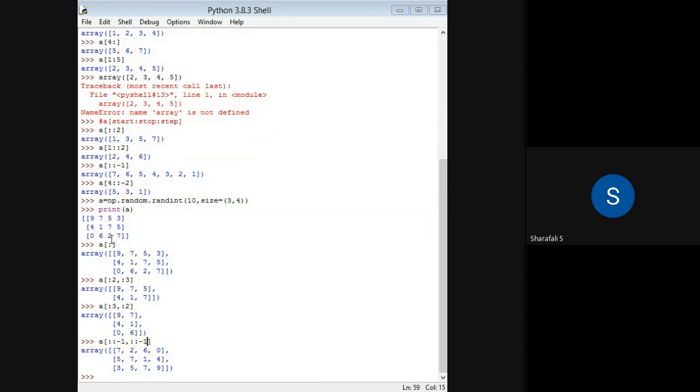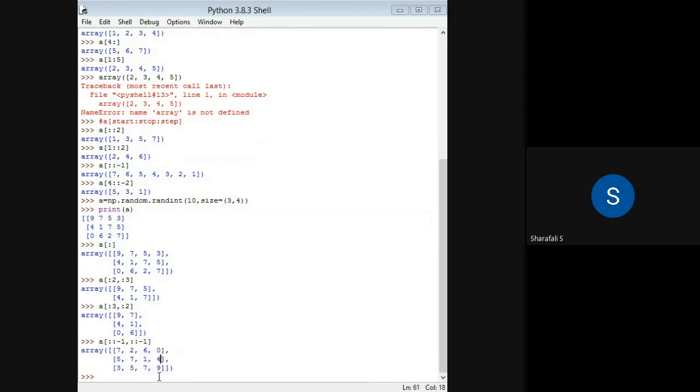So once you reverse this row, then 9 will be here. And then you are reversing that column. So you'll be having 9 here, 4 here, 0 here after the first reversal of the rows. And then you are reversing the column here. Then you will be having 0 here, 4 here, 9 here. That is what is happening here.